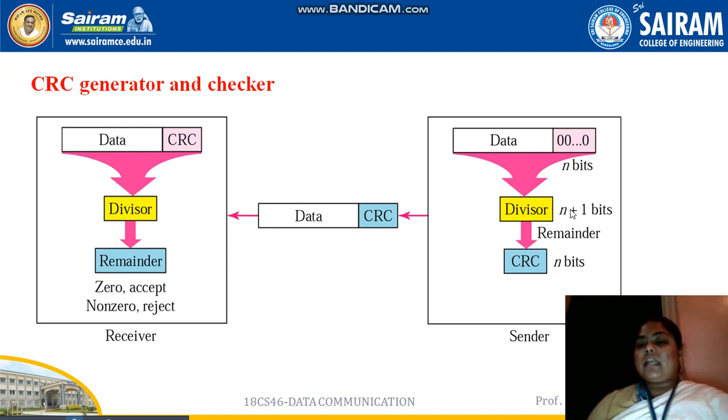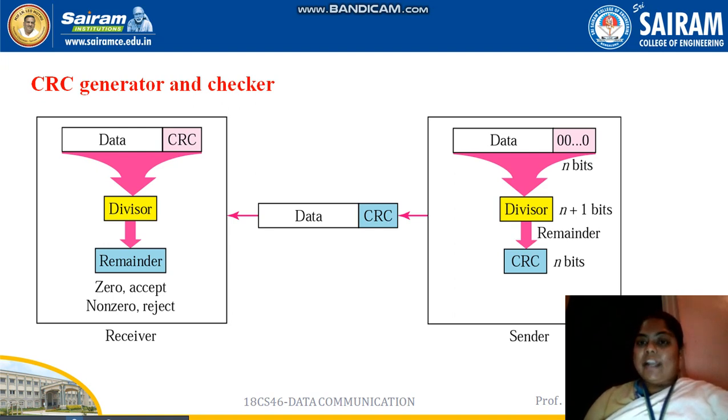The divisor here is n plus 1 bits. If the given data along with our code word is not completely divided, or does not come out equal to 0,